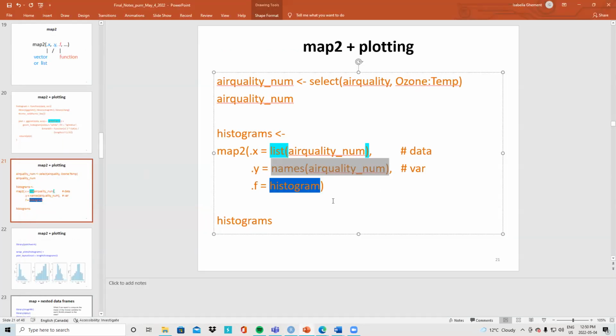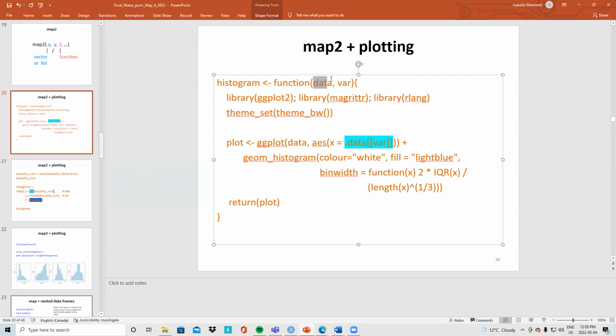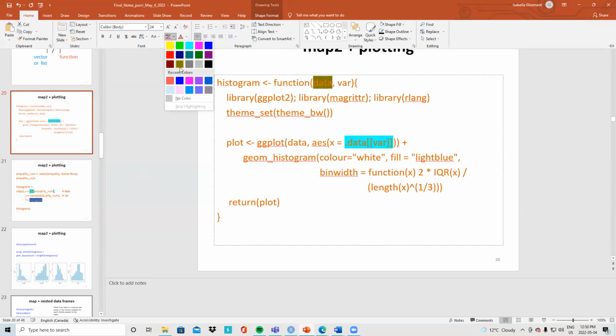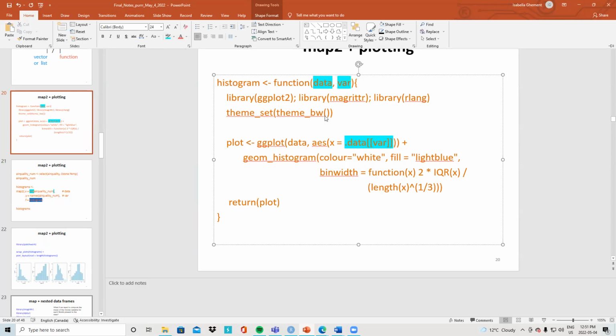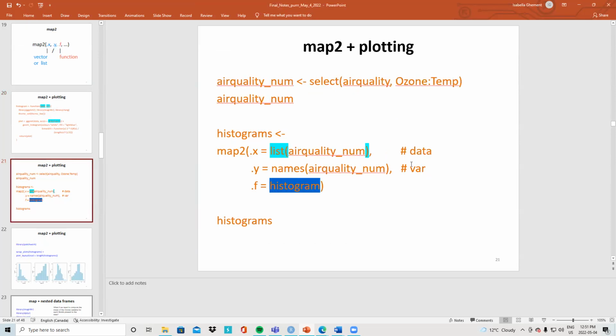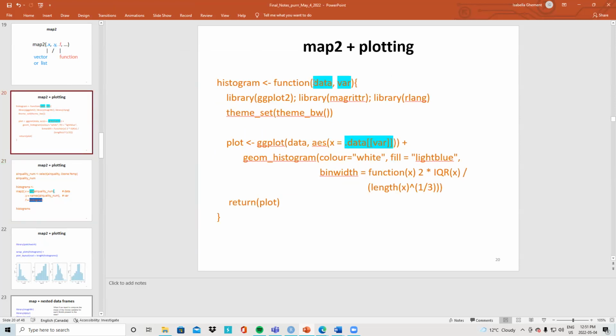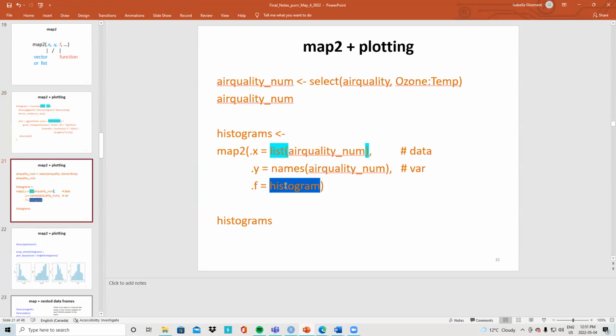And through this histogram function, remember, has a data argument, and then a var argument. I was careful to specify the data first and then the names of the variables that would go here. But I think you can try what happens if you swap; maybe map2 won't care, or maybe it will. So don't be afraid to try. And so here's the histogram